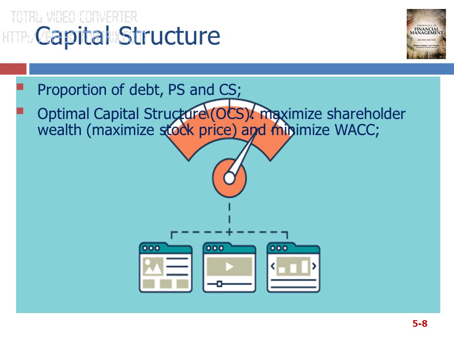So how do we describe the optimal capital structure? It is a capital structure which will maximize the shareholder value. In more specific terms, it will maximize the stock price, and at the same time, it will minimize our WACC, or the cost of capital. So how can these concepts, maximize shareholder value, maximize stock price, and minimize WACC, go together? We'll be using the concepts and knowledge that you learned in our valuation of stocks.